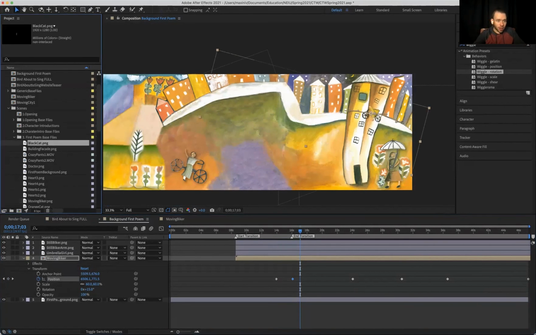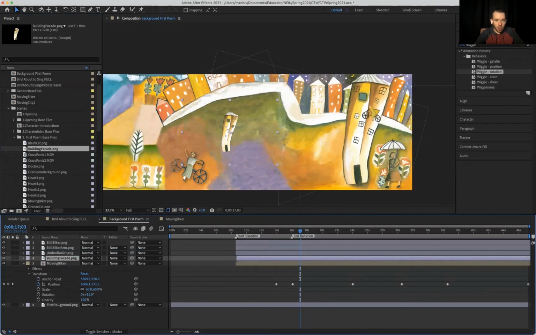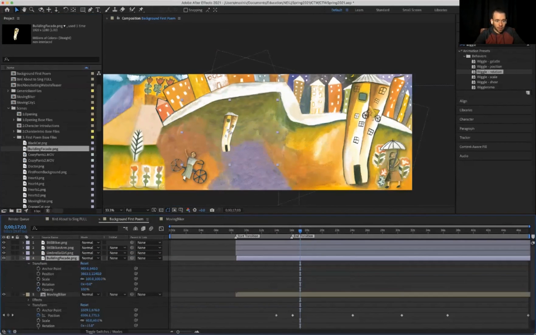I do want to note that we have another layer here, the building facade, that when I bring this into the composition, what it's going to do... bring it over. This is just that building cut out with the windows open. I'll have to do a little thinking to figure out how specifically I'm going to have the windows affected, because we see the biker in the window. So I'm going to have to create another layer so that we don't see the biker in the window. But basically, the biker is going to be able to go behind this